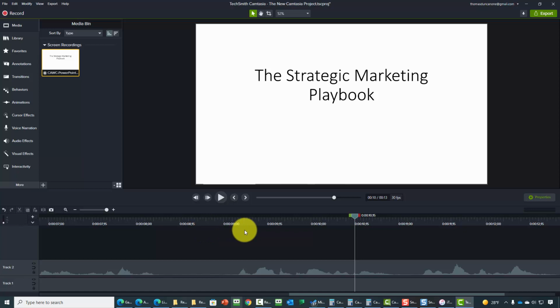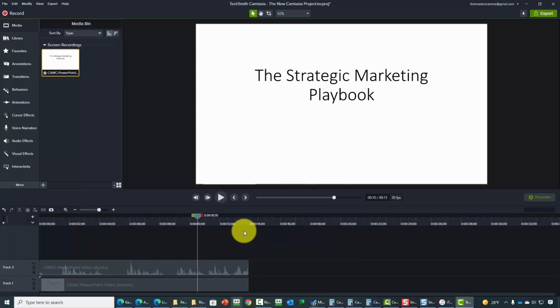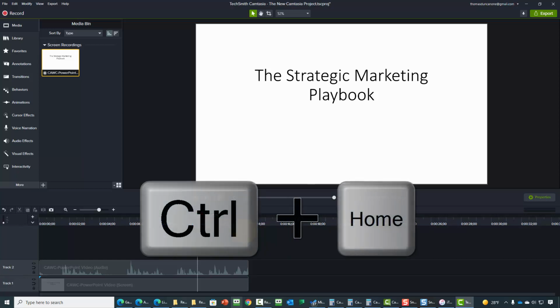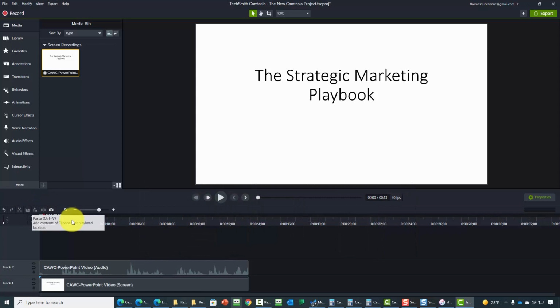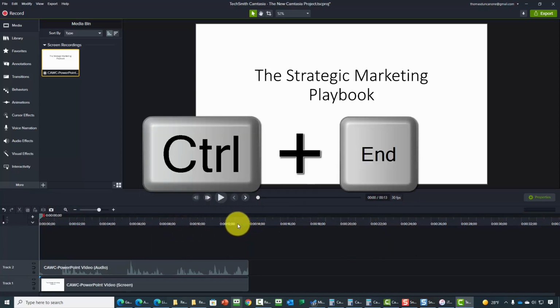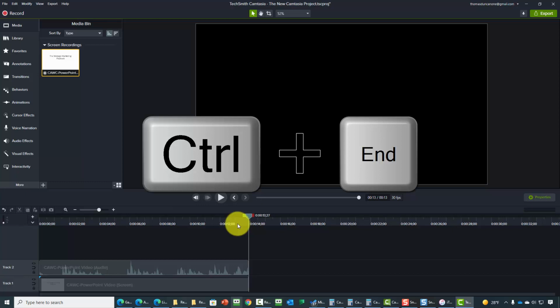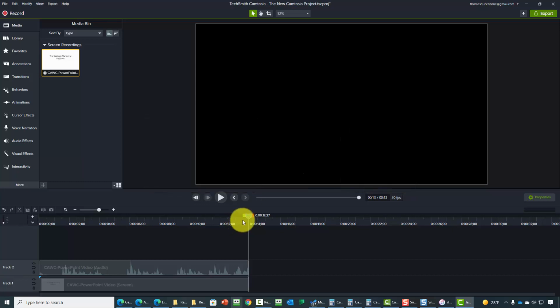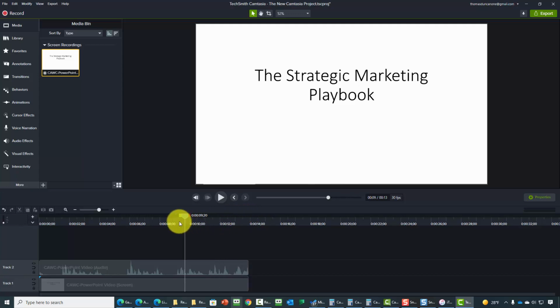the editing process. Now in order to move the cursor back to the very beginning, we can hit the Control and the Home button. That's going to move our cursor back to the beginning. If we want to move our cursor to the end of the file, we can hit the Control and the End button. That'll move our cursor to the end. Or we can manually move it by clicking with our mouse on top of the cursor and dragging it back